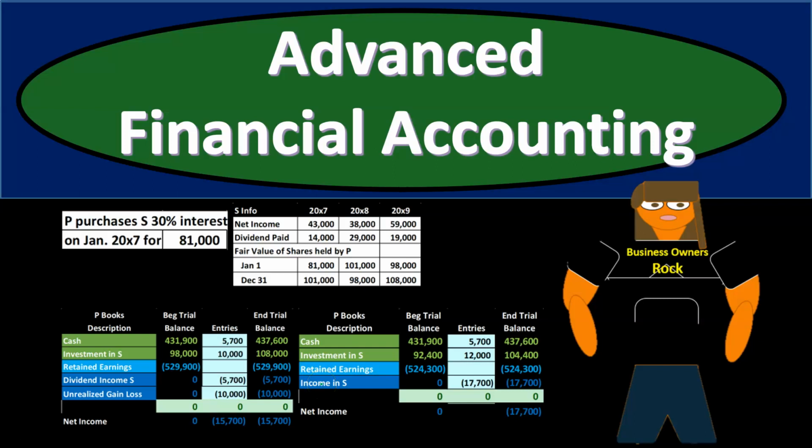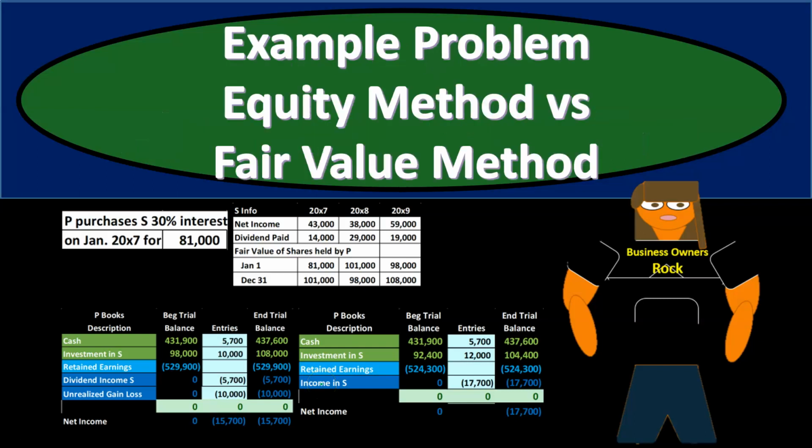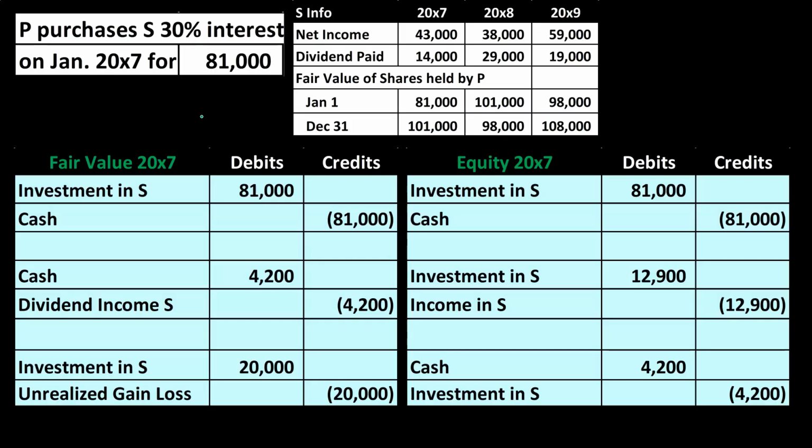Advanced Financial Accounting. In this presentation, we're going to take a look at two example problems, comparing the results of two example problems, one running the equity method, the other running a fair value method. In other words, one company has an interest in another company. We want to compare and contrast the two methods that can be used given different circumstances. There are rules for when to use one or the other, but we want to see the two different results if we use the same method under the same set of facts and see what the differences will be on the financial statements